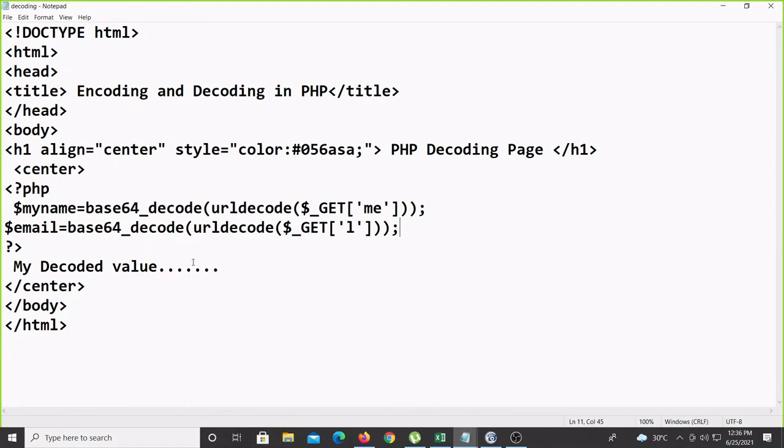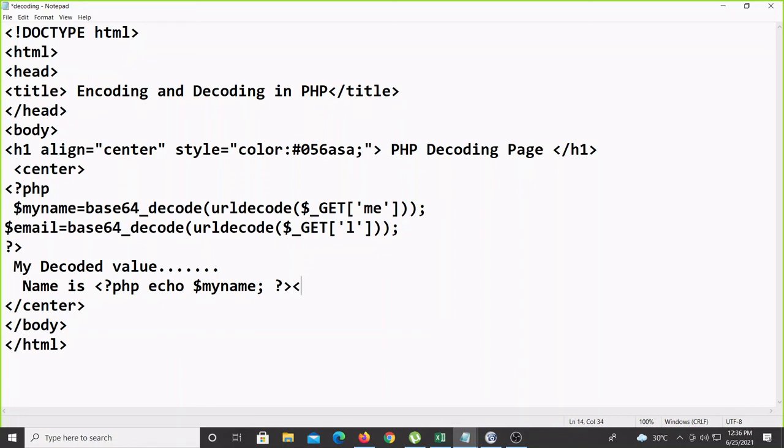Now the value is coming here, my decoded value, then you display it here. Name is, PHP code is there, so inside the PHP you can display here echo dollar my name, right?